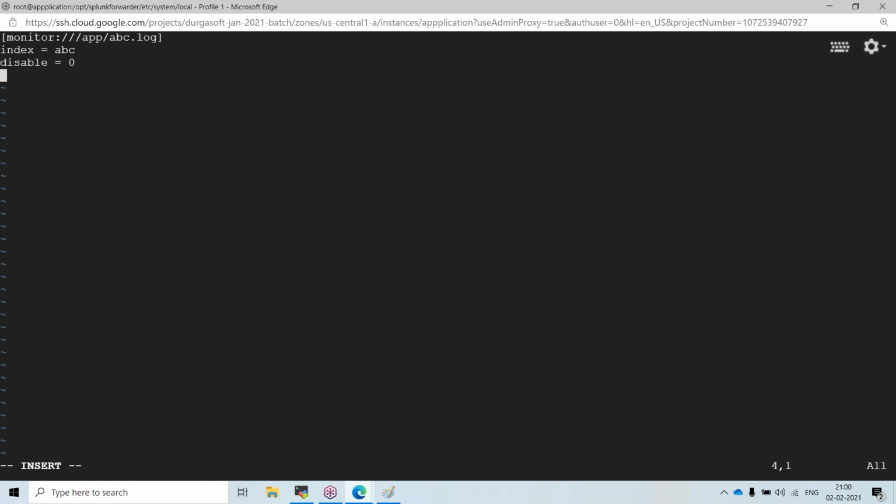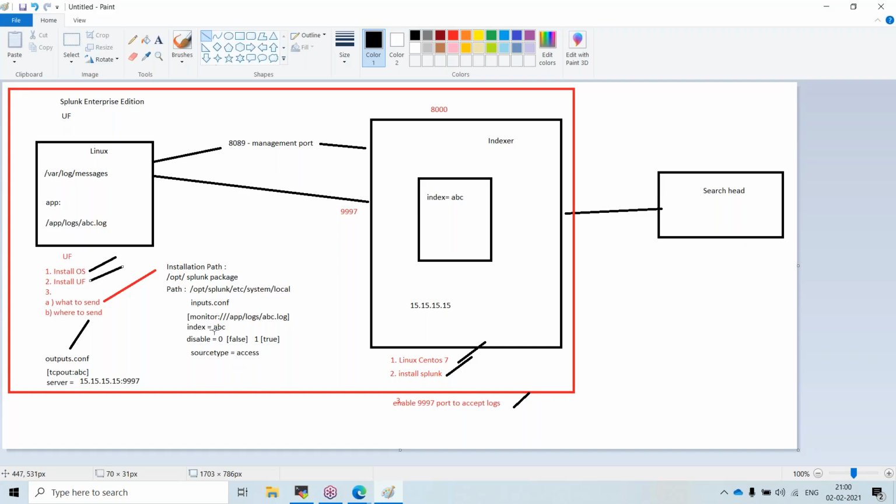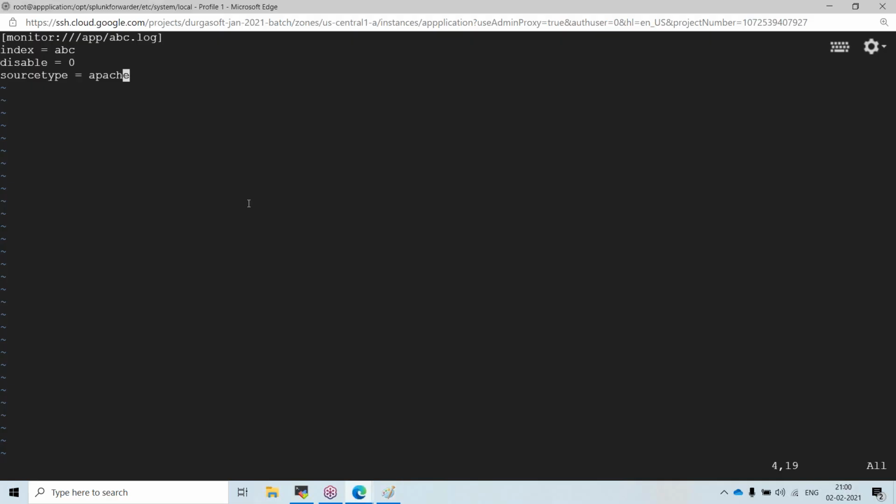Now I have to mention the source type. The source type I will give as Apache. Okay, this is the configuration we mentioned: index, disabled, and source type. These three should be sufficient.